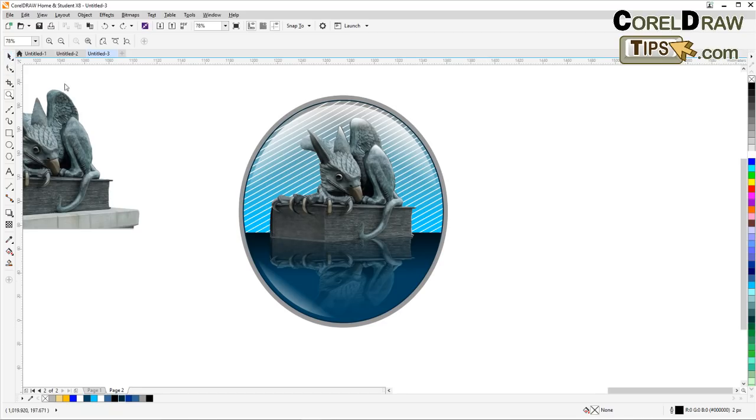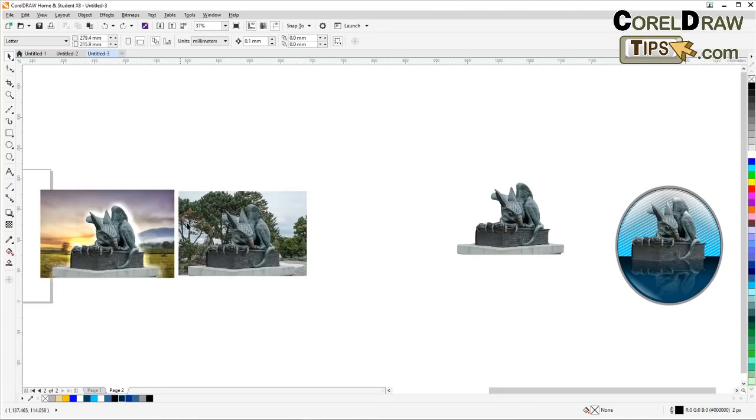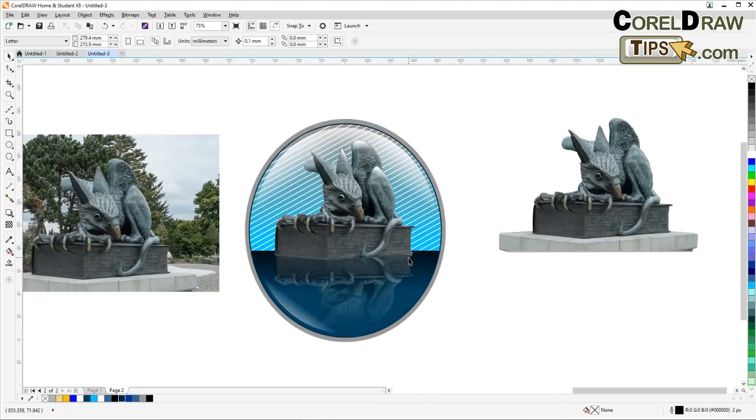So that's fine. Now we can see the evolution of what we're doing. We did that and did this, and then made a reflection, and we added some highlights, and I think that's good. Okay, so I'm going to go back here to my